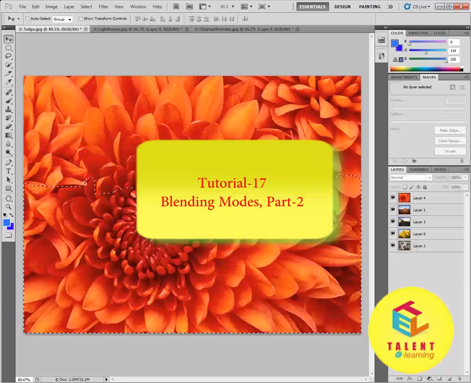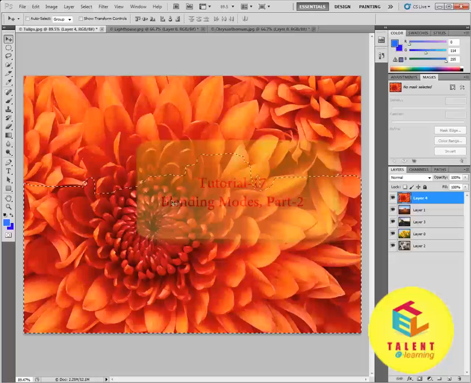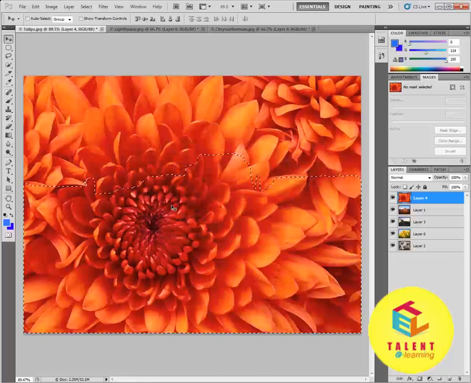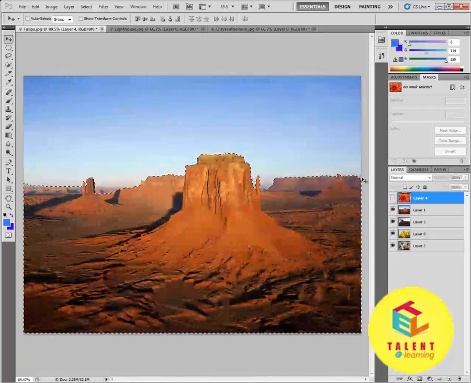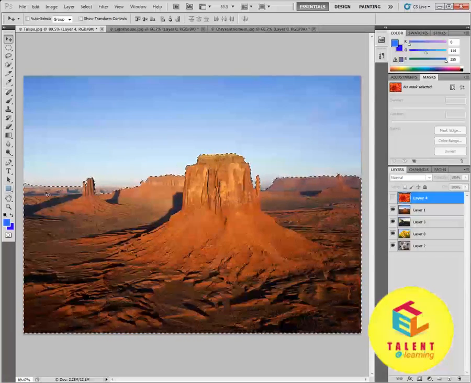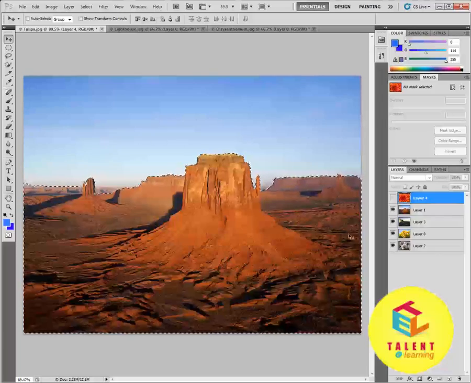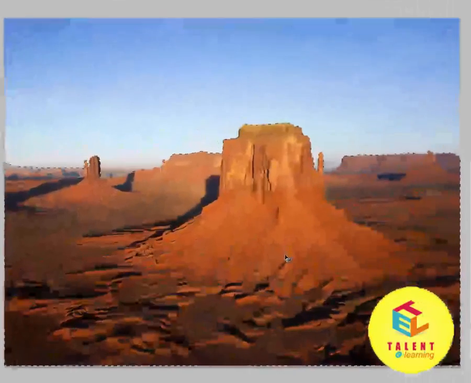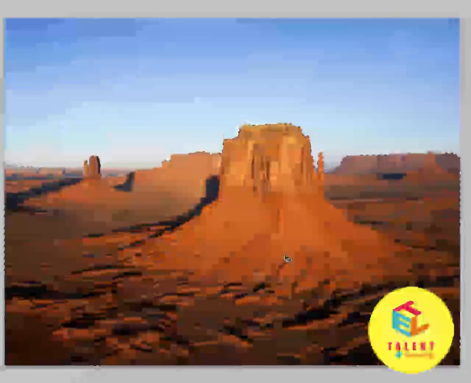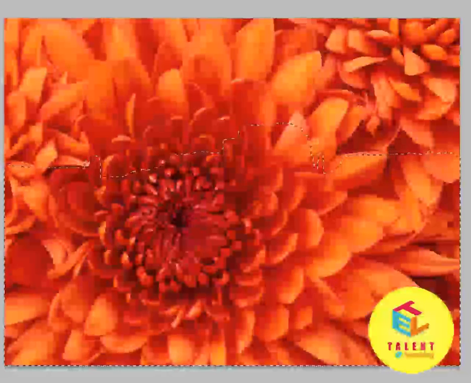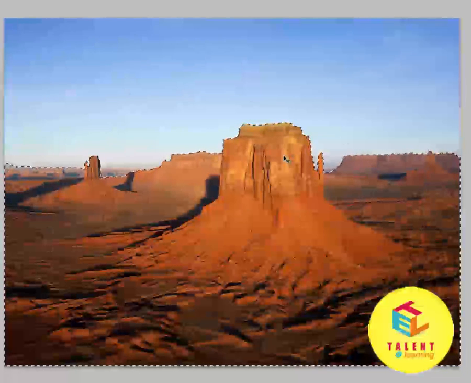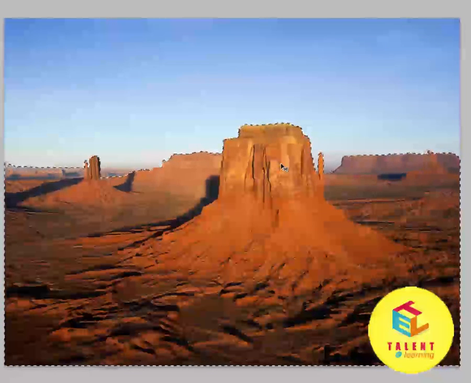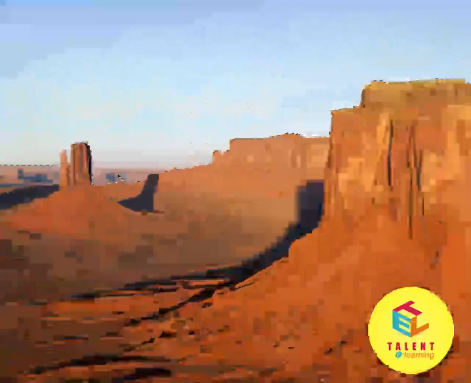Now all the tools work according to the selections that we have made. For example, in the previous tutorial, we made the selection of the land over here by first selecting the sky and then inverting that selection, and for now let's see, is the selection proper or not. We have a problem over here